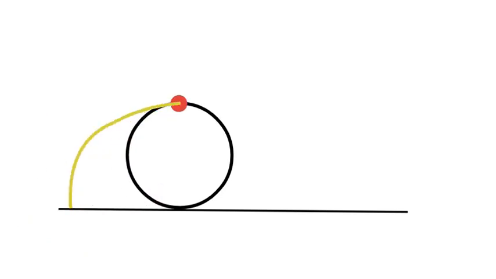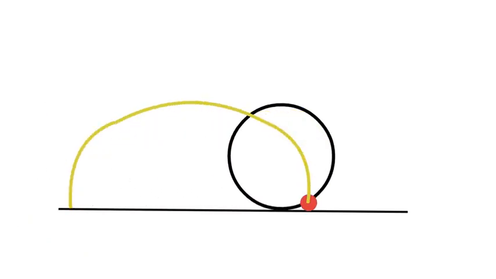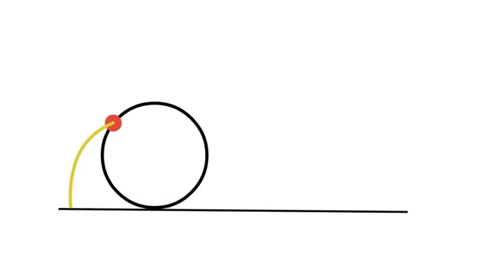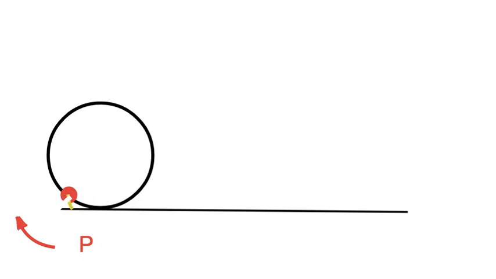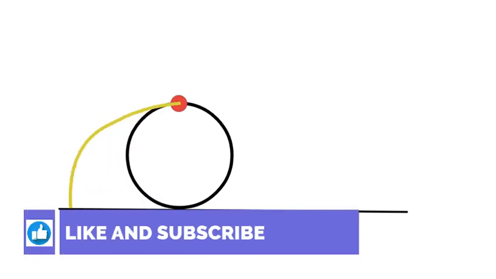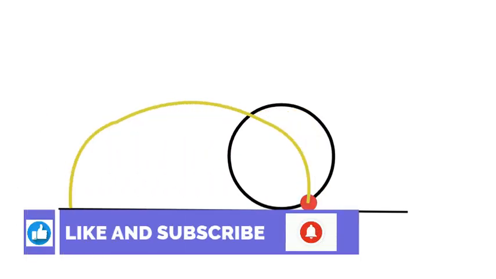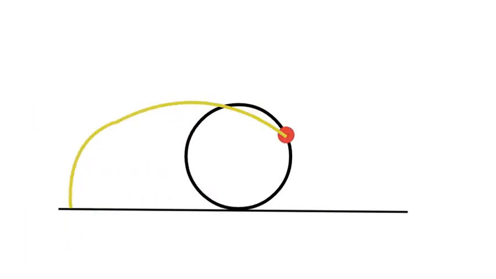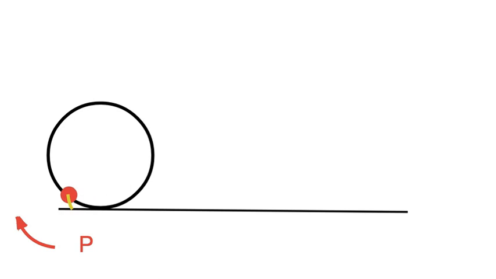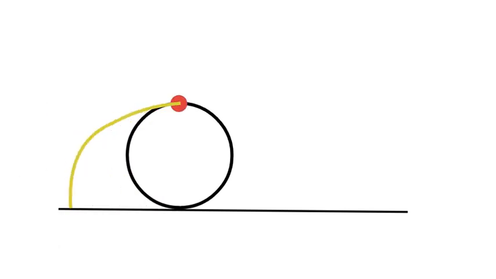Consider a circle which is moving along a straight line path as mentioned here. As you can see, a point P on the circumference of the circle is tracing a path. This path, which is mentioned in yellow color, is called the cycloid. Now here we are going to see how we can draw cycloid by means of engineering graphics.